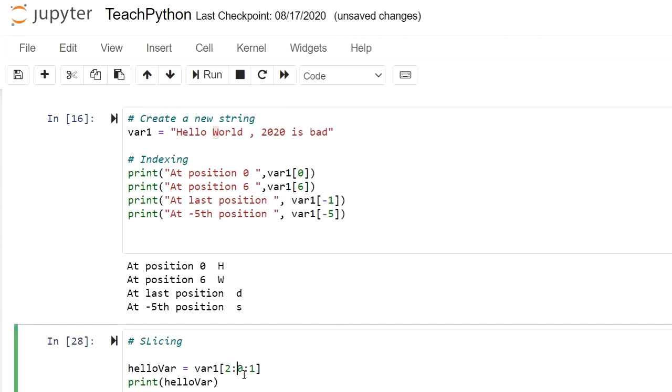You can see this step size 1 is the default one. So it is giving you every character.